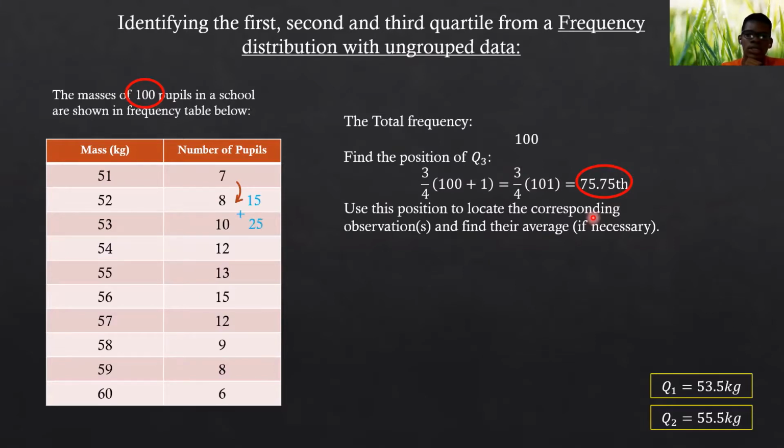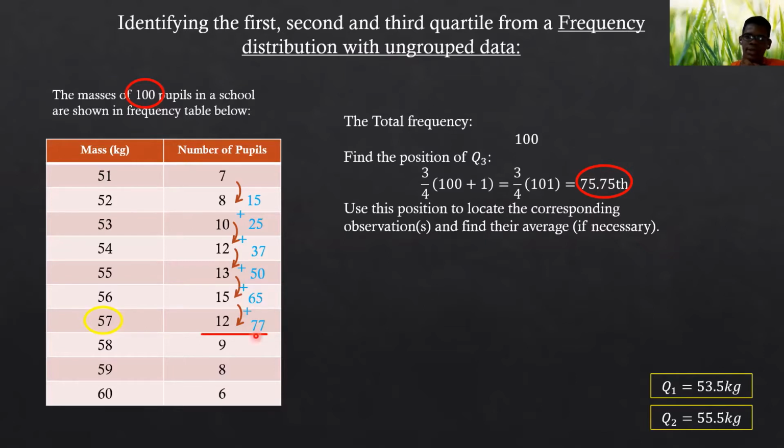Add as you go down. Now these values you already know, but moving forward, 65, 77. 77 is more than 75, so we stop. Now we're just going to take 57 as the third quartile. There's no need for us to stretch between any two because the whole number is not 75. If this was 75, then we would have to stretch it between 56 and 57. But because this is just 65,